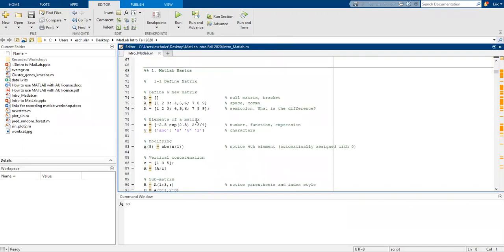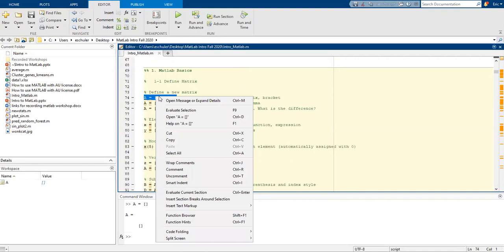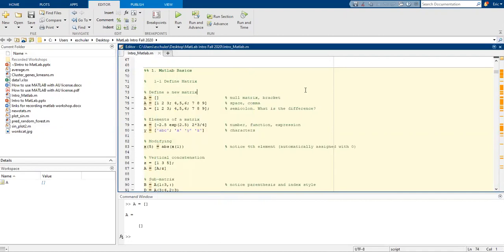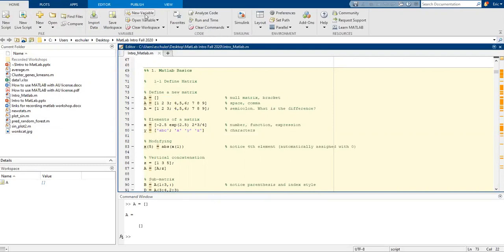To run a command, we can highlight. So I'm going to highlight 74. And since I'm on Windows, I can click on F9. And that's going to create an empty or a null matrix with the brackets, A, and now that's within our workspace. We can also highlight and click on this and click on Evaluate Selection. There's also some options too for home, for new variables, open variable that we have,